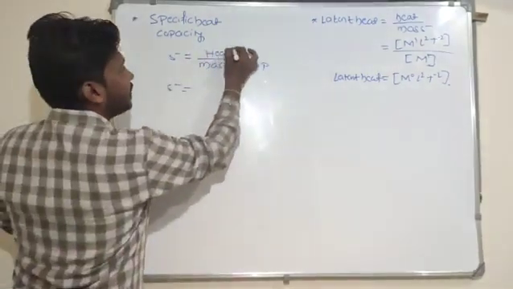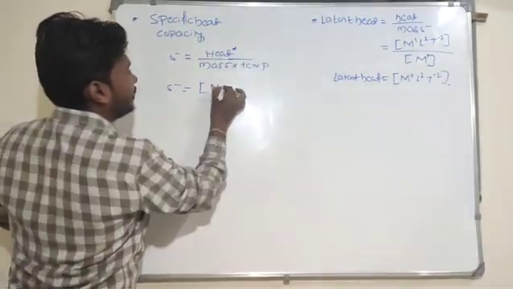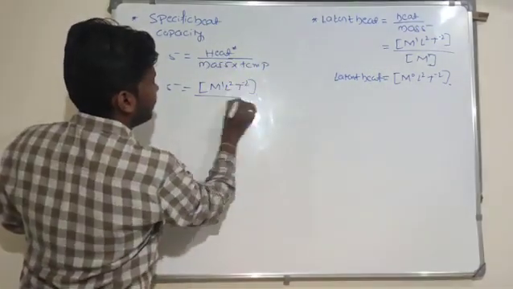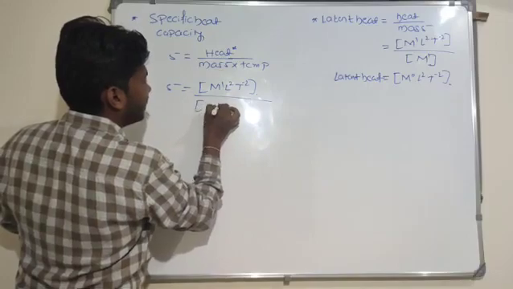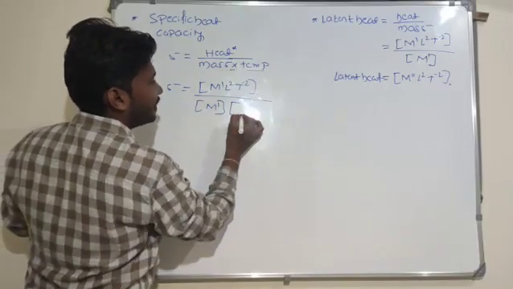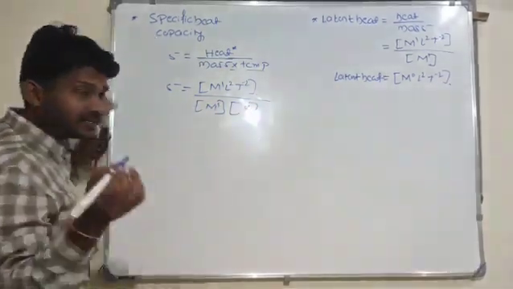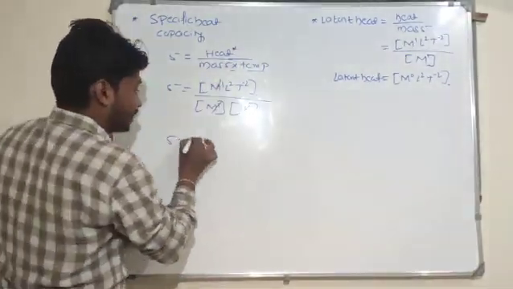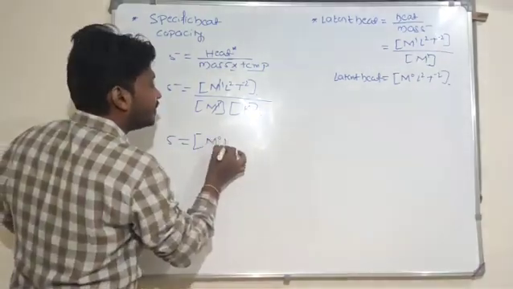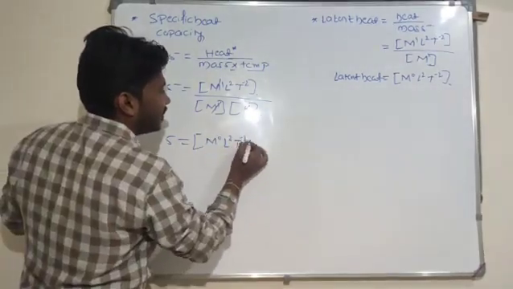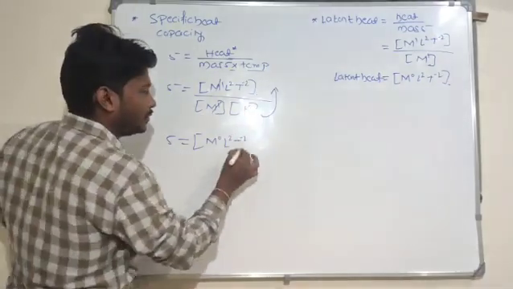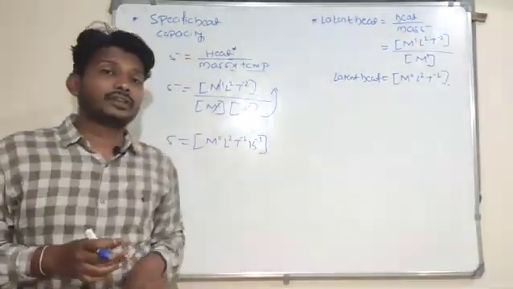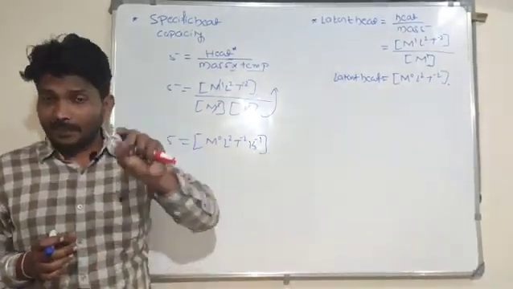So the dimensional formula for heat: heat is nothing but a form of energy, M1 L square T to the power of minus 2. Mass term I can take as M to the power of 1. Temperature term is there, so I can take it as K here. Look here, the mass term will get cancelled out, so M to the power of 0, L square T to the power of minus 2, and K, if it goes to the numerator, K to the power of minus 1. So this is the way to write the dimensional formula if there exists any temperature term.